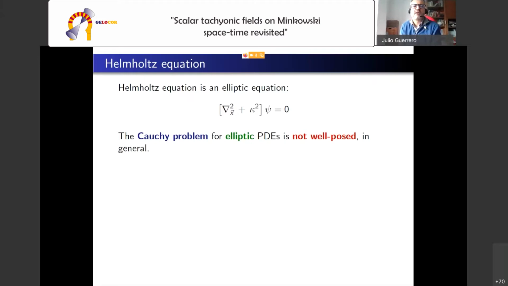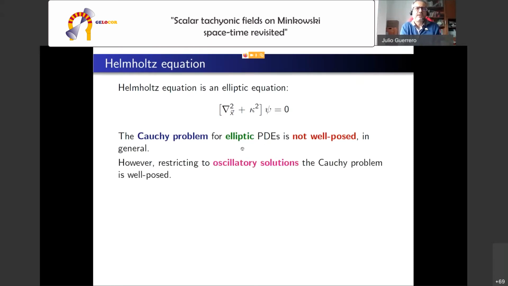So we cannot specify the initial data in a hyperplane, or in a screen if we are in 3 dimensions, and this will not provide a unique and stable solution for the Helmholtz equation. However, it has been proved that if we restrict to oscillatory solutions of the Helmholtz equation, then the Cauchy problem is